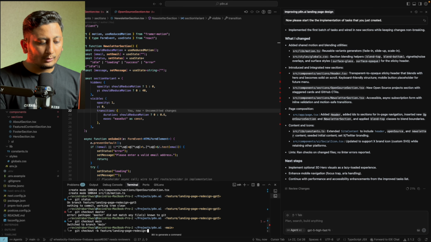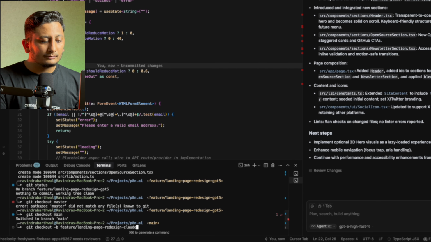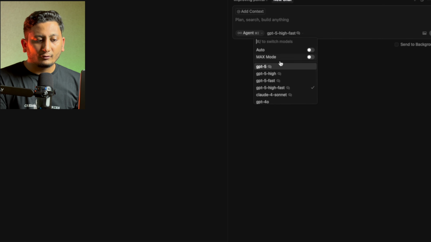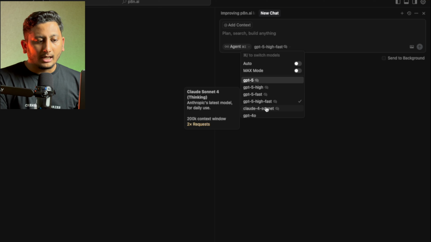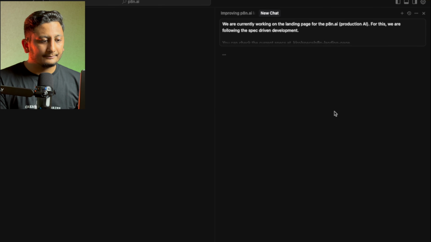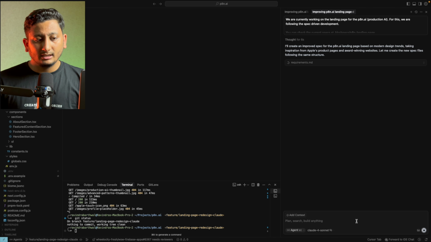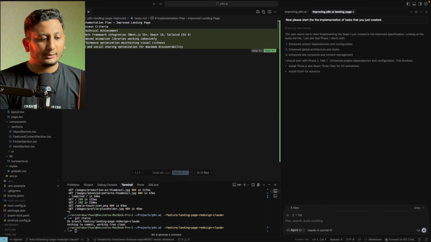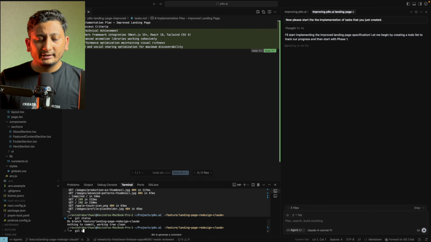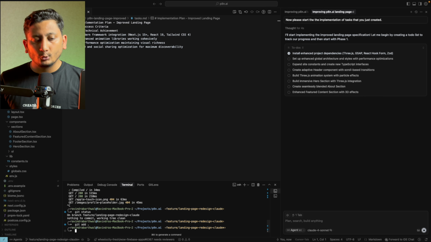I will switch to a different branch for Sonnet. Let's select Claude Sonnet. Again, the same prompt I have pasted here as well. Let's hit enter. As you can see, Sonnet 4 only thought for about 6 seconds. This is way different from 44 seconds in comparison with GPT-5. Let's continue. As you can clearly see, Sonnet 4 has created a to-do, the built-in to-do functionality that